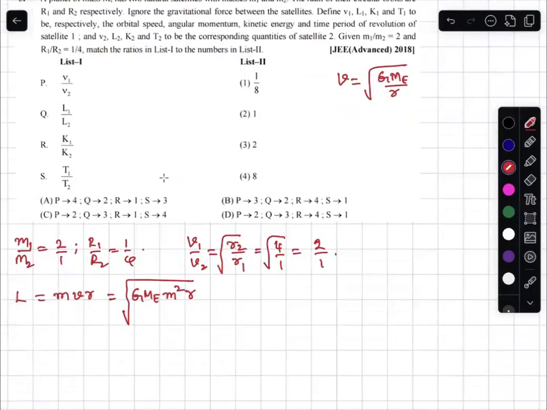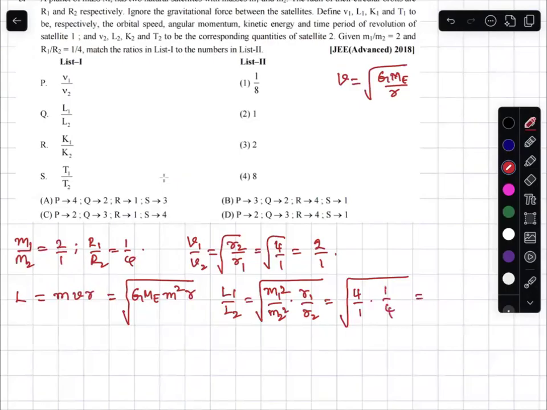Therefore L1 by L2 is under root m1 square by m2 square times r1 by r2. Here m1 square by m2 square is 4:1, r1 by r2 is 1:4, so 1:1. Therefore P2, P3,